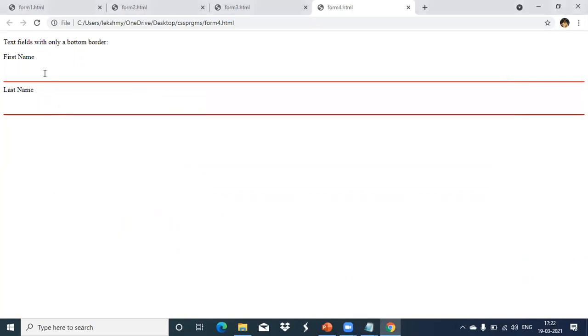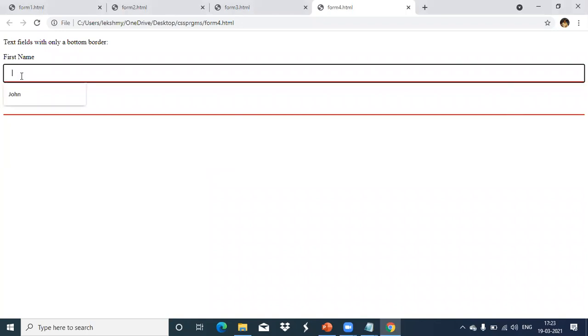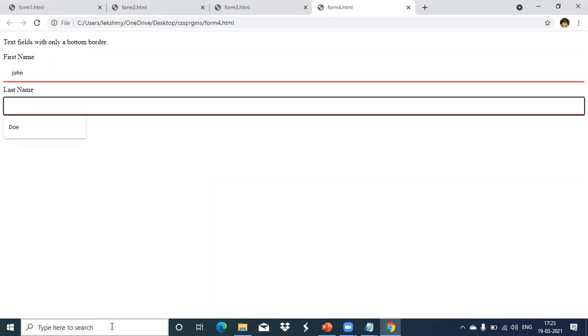Now when I click inside this text box, then it is showing like this. We have told that is none. That means it is not visible the first time. When I'm clicking inside the text box, then only the border will be visible. Okay. If I type something, okay, when we are exiting from that text box, again that border is not showing.